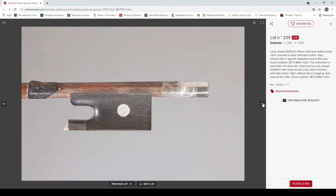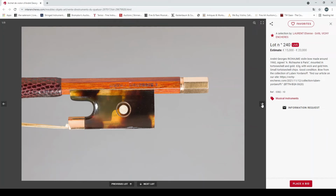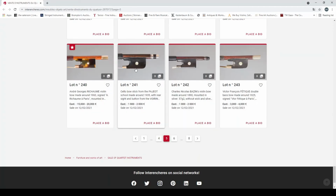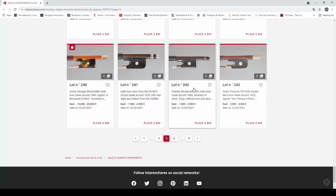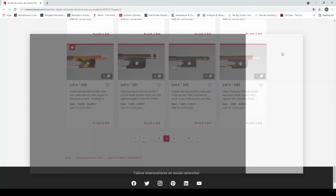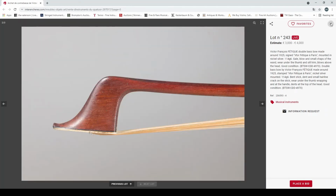And a violin bow by Louis Joseph Morizot, and a violin bow by André Georges Richomme, 15 to 20,000 euros there, the tortoiseshell frog, and a cello bow from the Pajot school, and a violin bow by Charles Nicolas Bazin, and a double bass bow by Victor Francois Fetique,